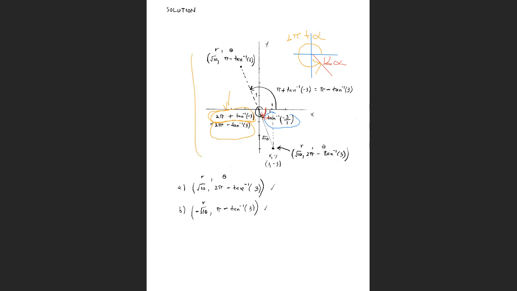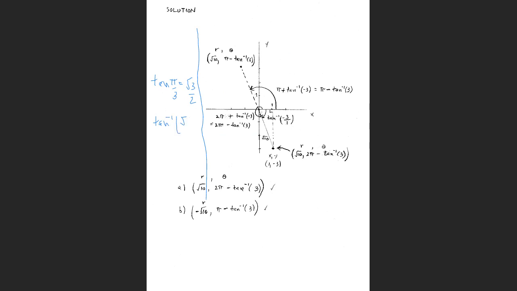It's kind of like if you have the tangent of pi over 3, the tangent of 60 degrees, right? So the arctangent then of